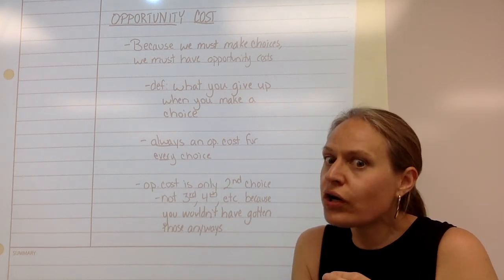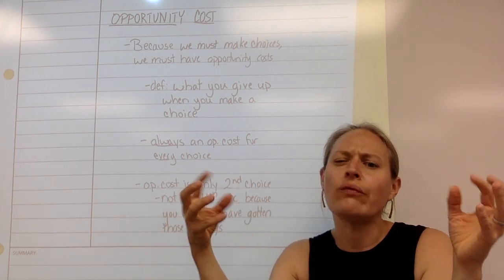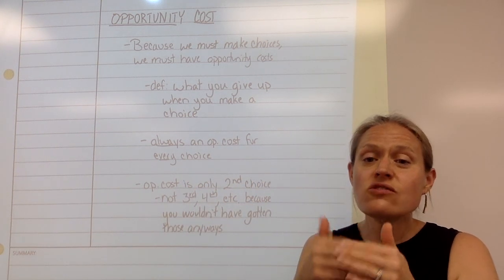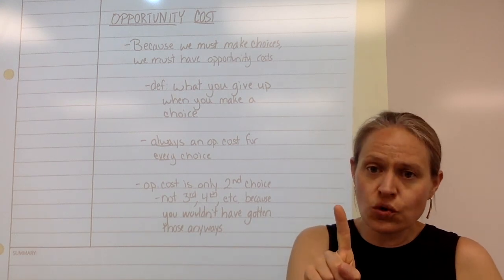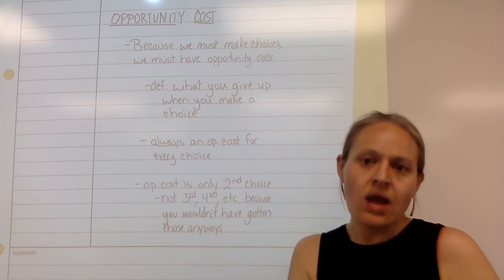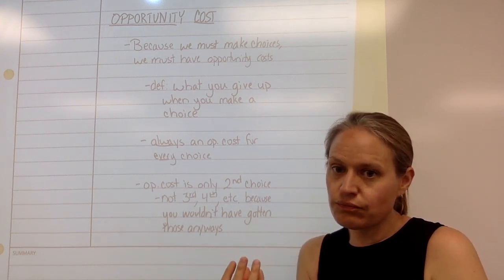It gets a little different when we're talking about, okay, I'll do this for a little bit of time and then this and then this, when we try to cram it all in there. But I'm just talking about that basic, simple concept of you can make one choice. What are you going to do? And whatever you gave up, that's your opportunity cost.